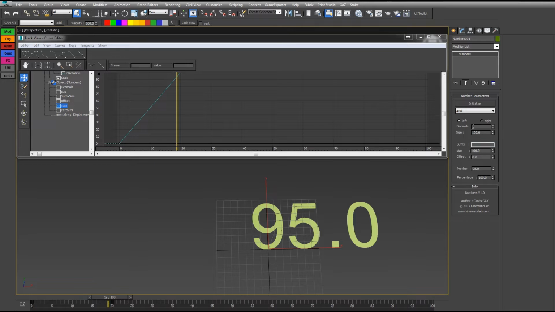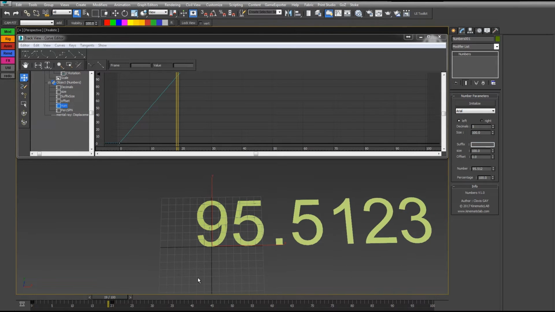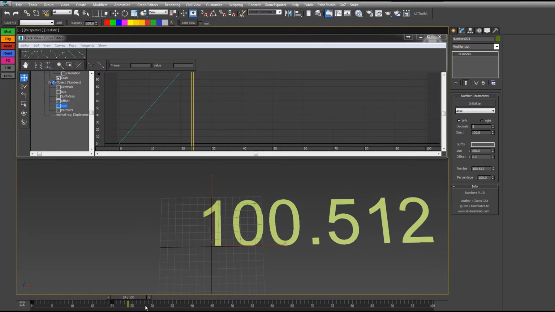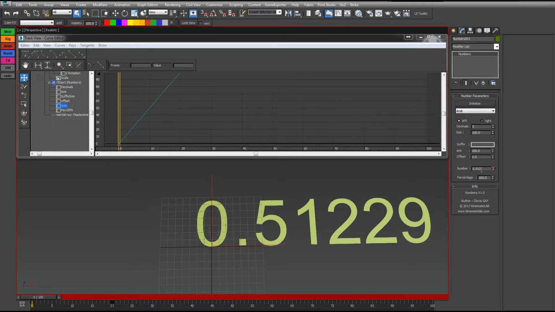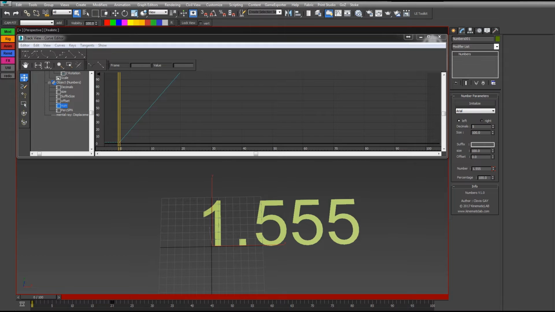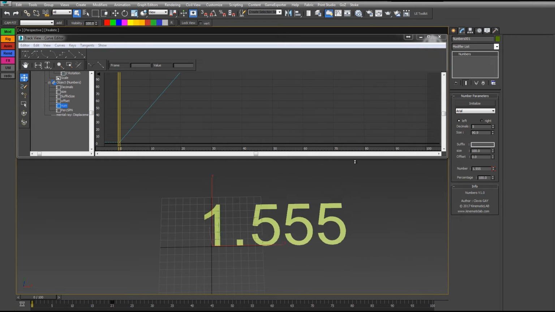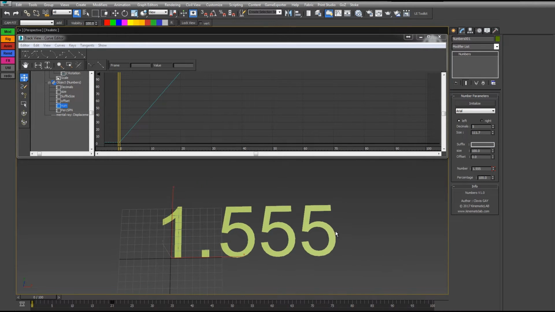Now you have here the decimals value, so it really depends on the number you add here, but if you reduce the number of decimals, it will just have the ones you type here. You also can change the size of this text, of course, and you can add a suffix, so it's basically